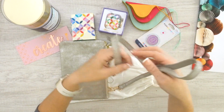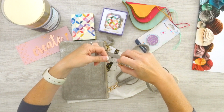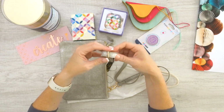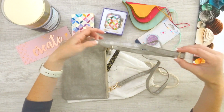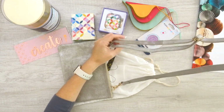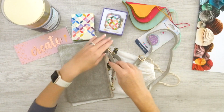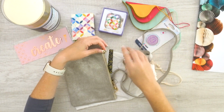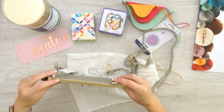So it's got this nice long strap that's adjustable. And I don't know how easy it would be to adjust. I mean, I don't like adjustable straps to begin with. It's not an easy slide, but it does push up really easy and pull down really easy. And then you can make it shorter, longer, however you want. I guess if you wanted to, you could take the strap off. It does have a little clip there. I'm going to do that just for this video because I think it would be easier to share with you